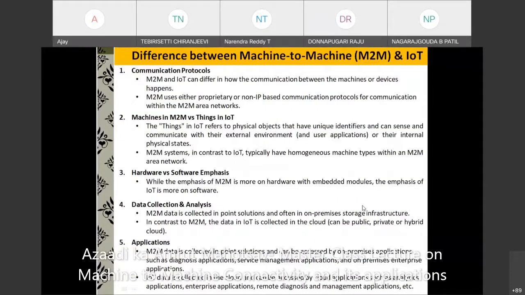Then what is the difference between M2M and IoT, since finally both are taking data to the cloud? People always have a doubt. One thing you need to understand, I am explaining the differences in 5 points. The first is the communication protocol. M2M uses either IP based or non-IP based, but in case of IoT, it will be only IP based protocols. And in M2M, when you say communication, it is between machines or between field devices. In case of IoT, it is things like